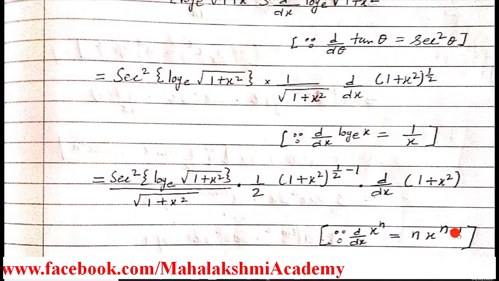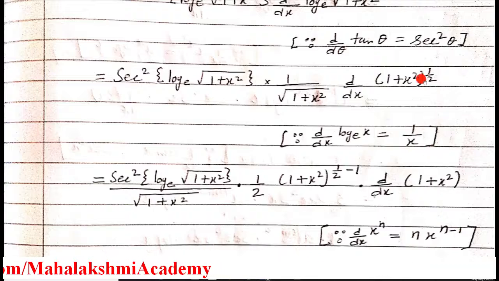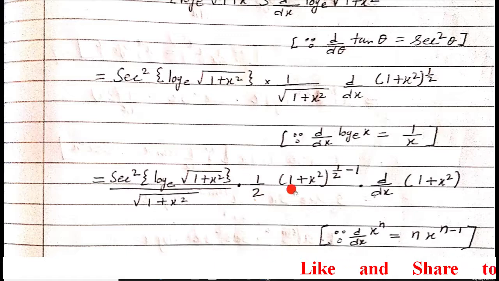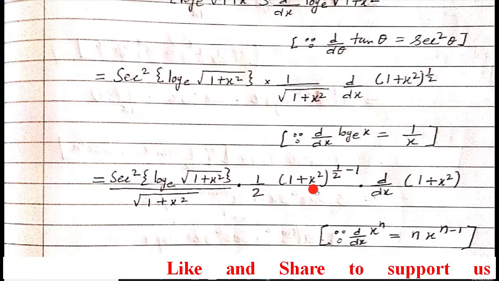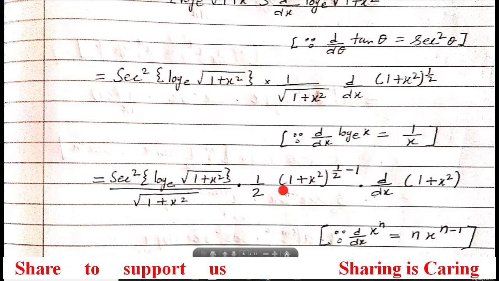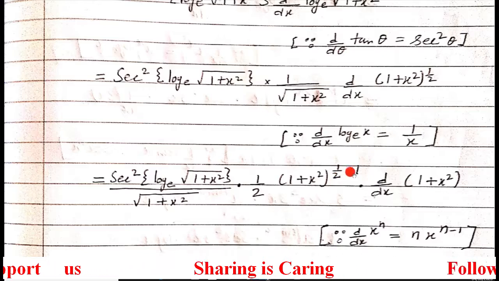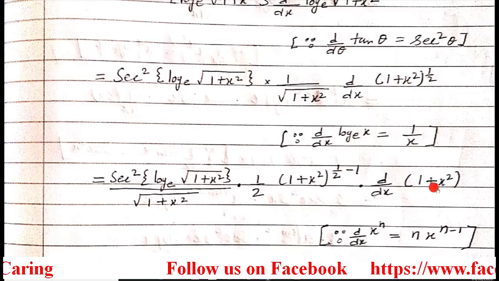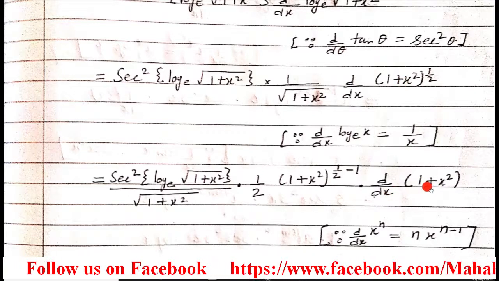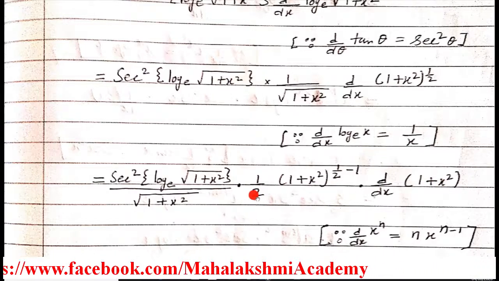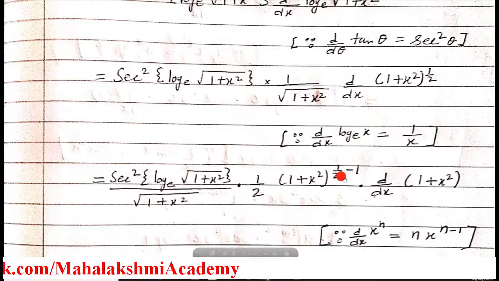So when we differentiate it, what's the power here? Half. So n x to the power n minus 1: instead of this n, what's n here? Half. So half, and whatever the function is, that function, then n minus 1, so half minus 1. So in this we put the value, that is n x to the power n minus 1. But it's not the simplest form of x, so again you have to use the chain rule here. That's why the derivative symbol came along 1 plus x square. Now we'll simplify here. This 2 I shifted here, and this half minus 1 is minus half.